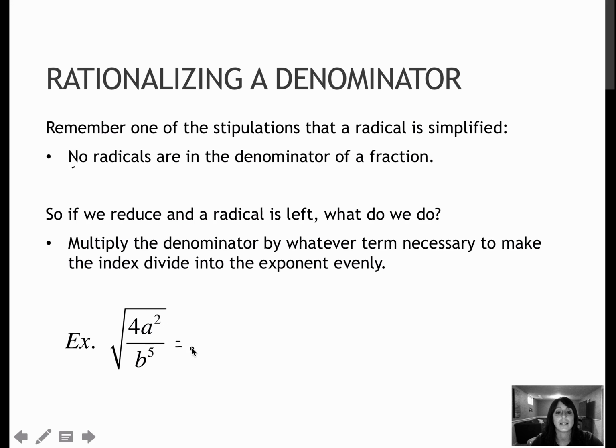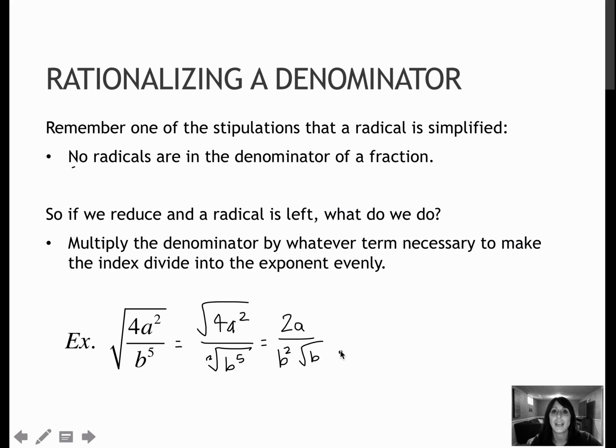So for instance, let's take a look at this one. I have the square root of 4a squared over the square root of b to the fifth. Just as we did before, we break it down. When I reduce the top, the square root of 4 is 2, the square root of a squared is a. And in my denominator, I have the square root of b to the fifth. So 5 divided by 2 gives me 2 b's on the outside, but I still have a b left over,